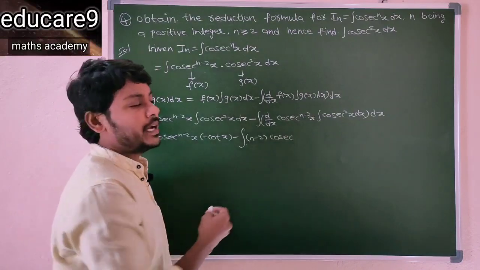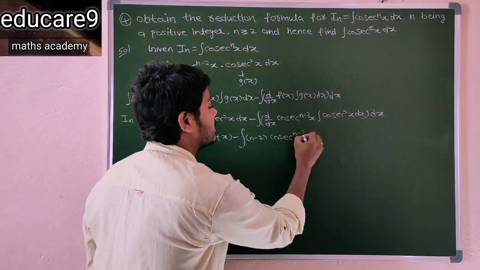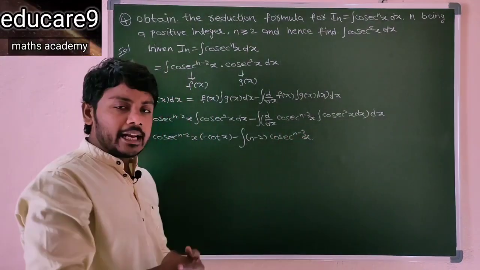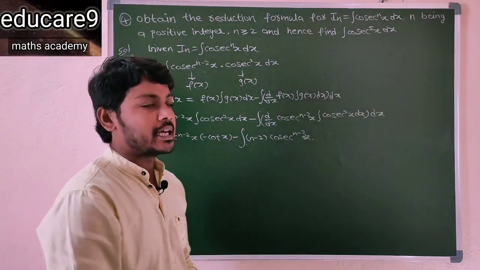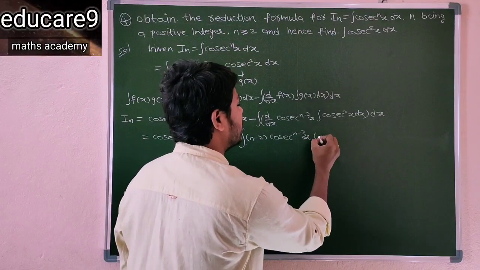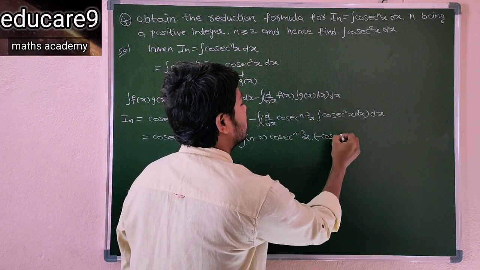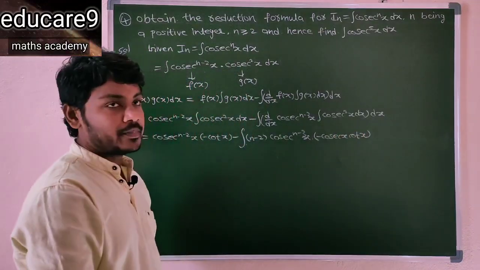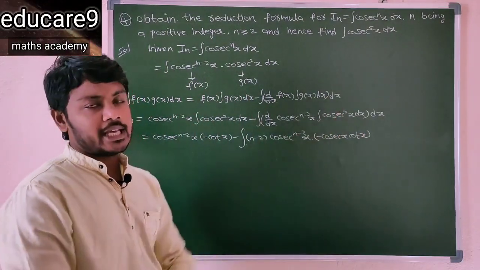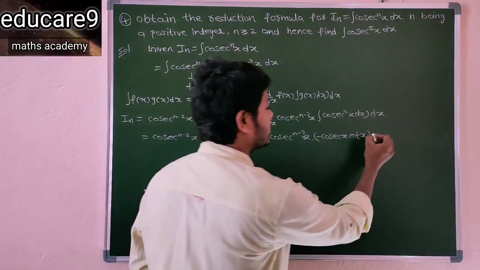So here it is n minus 2 into cosec x to the power n minus 3, into the internal derivative of f of x, that is the derivative of cosec x. What is the derivative of cosec x? Minus cosec x cot x. Into integration of cosec square x, that is minus cot x,